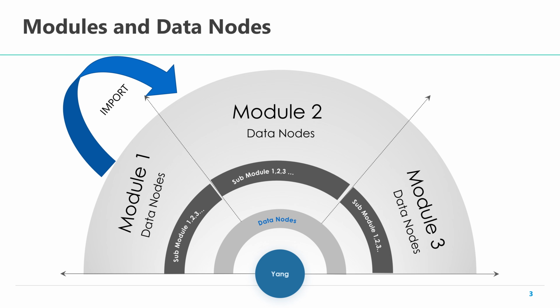A system can support multiple Yang modules. As we have seen so far, modules can interact with each other. Module 2 can import elements from module 1 and use it. If you look at the structure of a module, it can contain the following. It can contain data nodes by itself. It can contain other submodules, and each of these submodules can in turn contain several data nodes. A system is a combination of all these modules interacting with each other, providing a complete data model for whatever functionality is offered by a particular networking device.